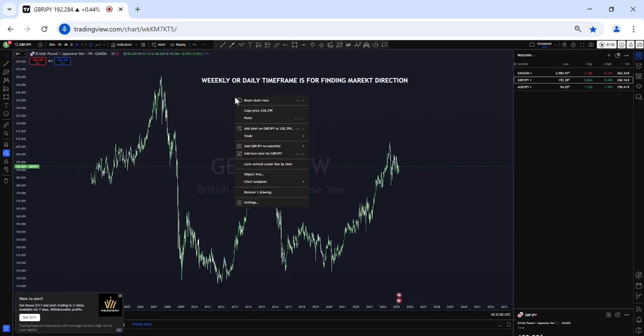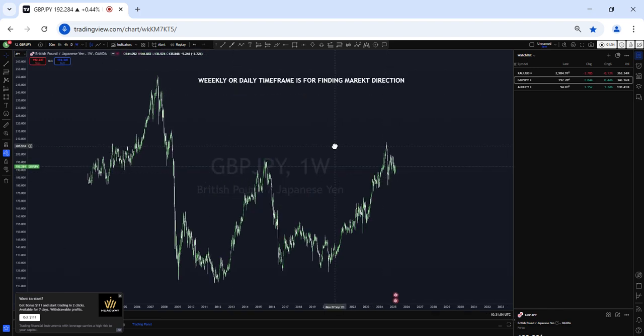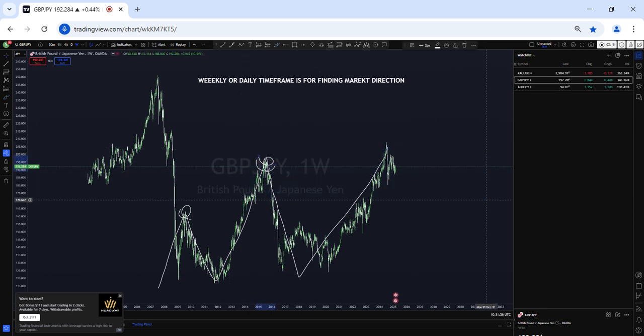Let's just dive right into what we have here now. I want to show you something. This is like a staircase: one, two, one, two, one. As you can see, this peak was bigger than this one. No, this one was bigger than this one here. And then we are expecting this one to rise more, to be bigger than this one. Okay. So what you're going to understand with this is that